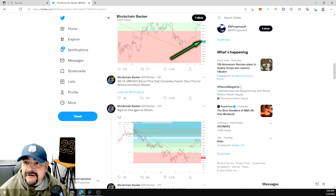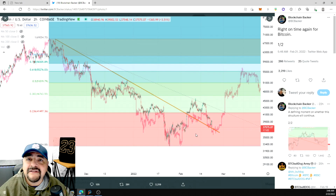Now what I'm really taking a look at here is at the end of this double top, right? There is a push up. Now I expect that we're in here somewhere. So you see this little double top comes down, and then there's supposed to be a push up, and then a run. So it looks like he's trying to match it up in here. It kind of looks the same, except,